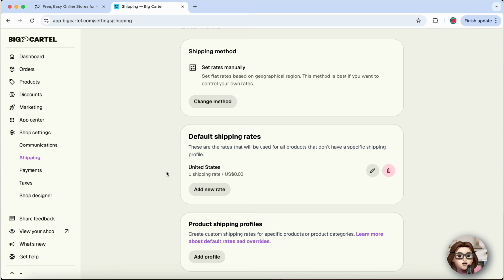Big Cartel lets you set custom rates for each region, which helps you control your costs and offer clear pricing to your global shoppers. Once you finish adding your rates, make sure to hit save, so all your changes are applied to your storefront. Always take a moment to double check your settings before you exit, just to ensure everything is correct. And that's all you need to do. You have now set up shipping rates on Big Cartel in a quick, simple, and